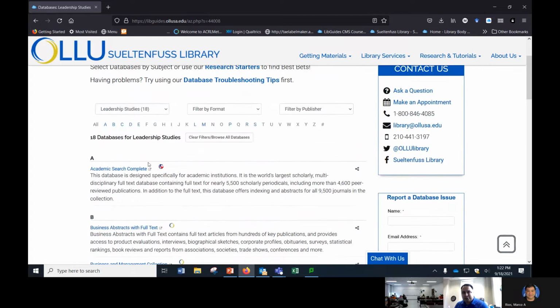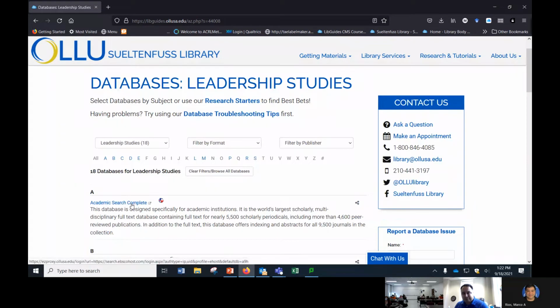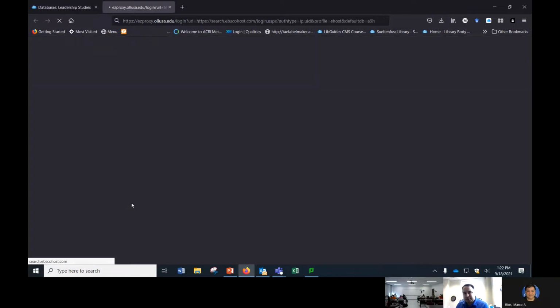I always recommend students first start their search in Academic Search, just because it's the biggest multidisciplinary database. It just has a larger repository of scholarly journal articles that are available in it. So it's really good to get started with that one and then add additional databases as you go on. So if I open that there,